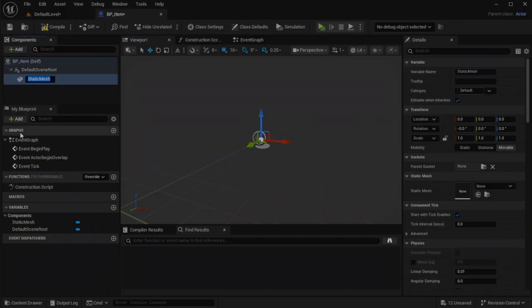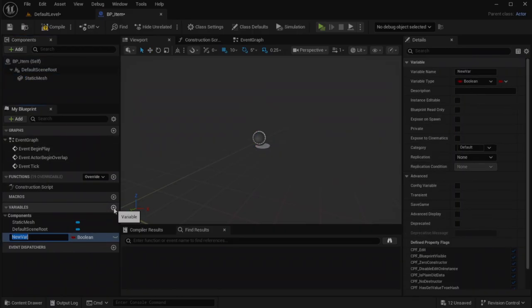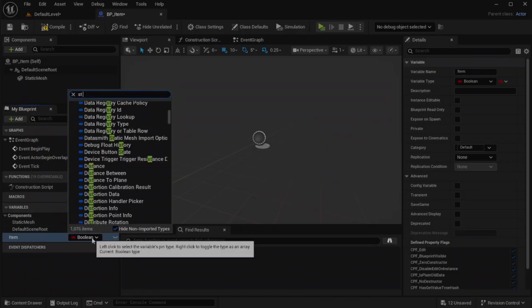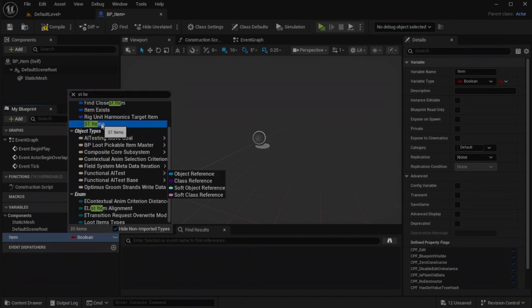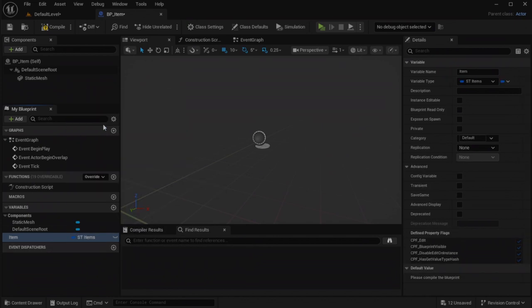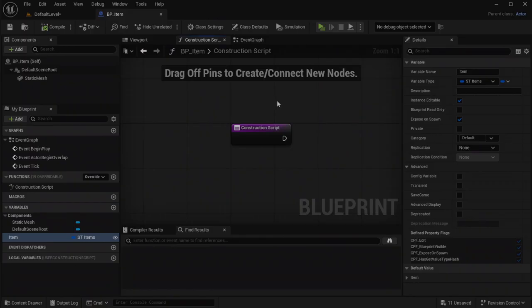Then in the variables, click Add and call it Item. And the type is ST item structure, which we created earlier. And tick the boxes for instance editable and expose on spawn in the details panel on the right hand side. And compile and save. Now if you open the construction script and drag in the item variable below the main node,